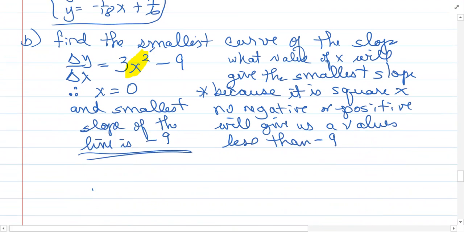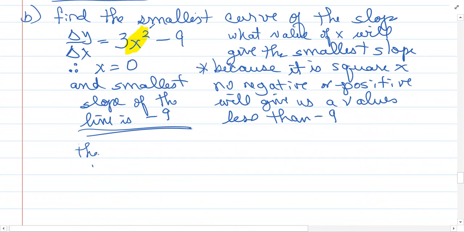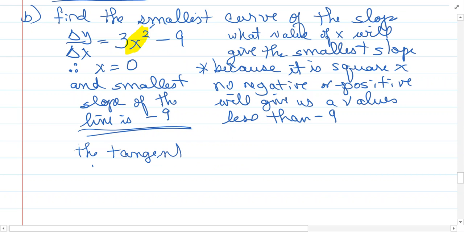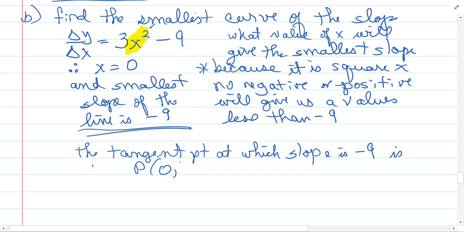All right, so the tangent point at which the slope is negative 9 is the point 0 for x and 1 for y. All right. Is everybody comfortable with that? Okay. Well, now that I have my